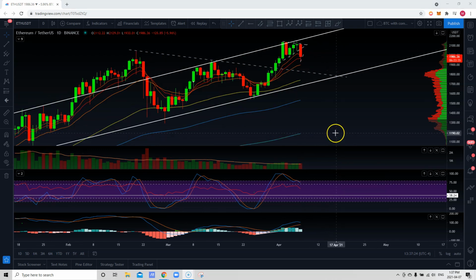So if we're looking at the daily chart here, we can see that today sellers are in complete control of the price action. We dropped a good 9% from $2,112 all the way down across the $2K support, all the way to $1,924. And right now it looks like we're hovering somewhere close to the $2K region, trying to retest it again. I will zoom down to lower time frames to show you what caused the drop and how it started,